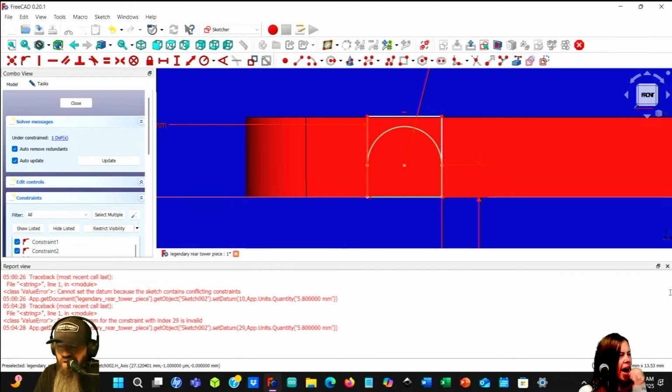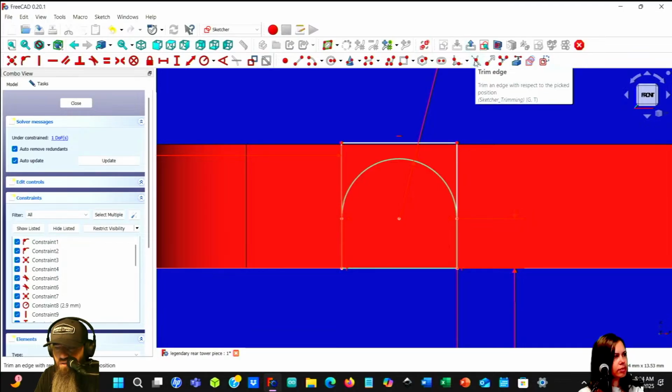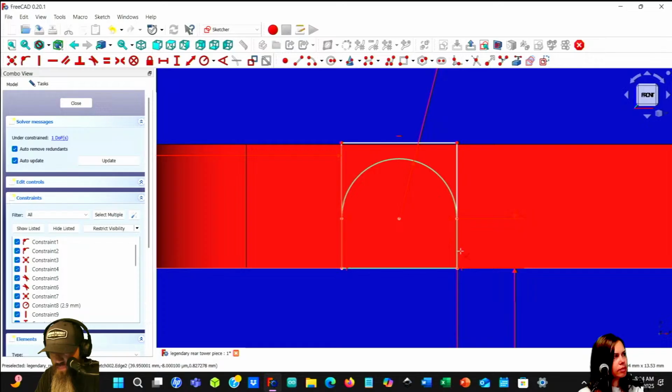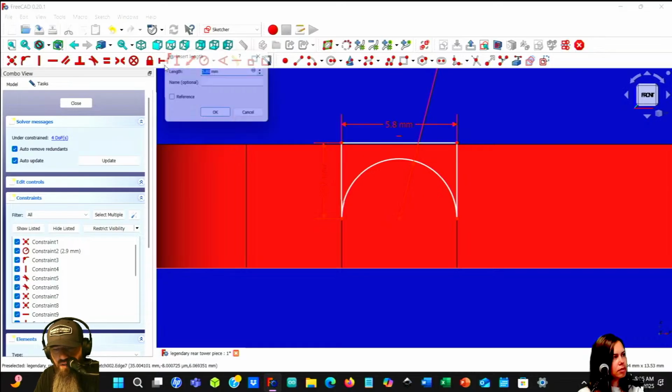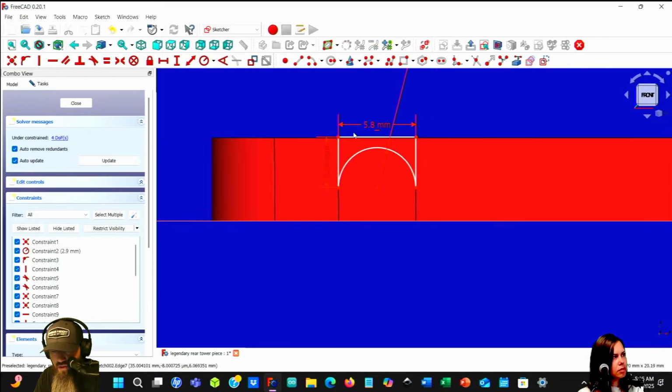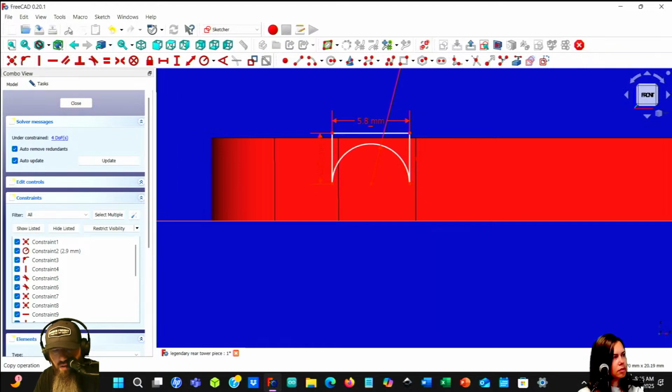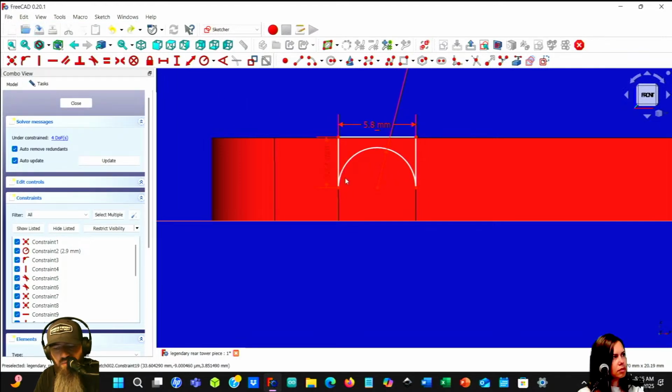Yeah, I know. It's gonna be confused, because what I'm gonna do now is I have to delete these because I did this wrong. So I'm going to use this little button right here, I think, is trim edge. And it will just delete that line and that line and that line, because we don't actually want those. We want this. So let's define these. Okay, and define this. And then I want to make sure it stays there.